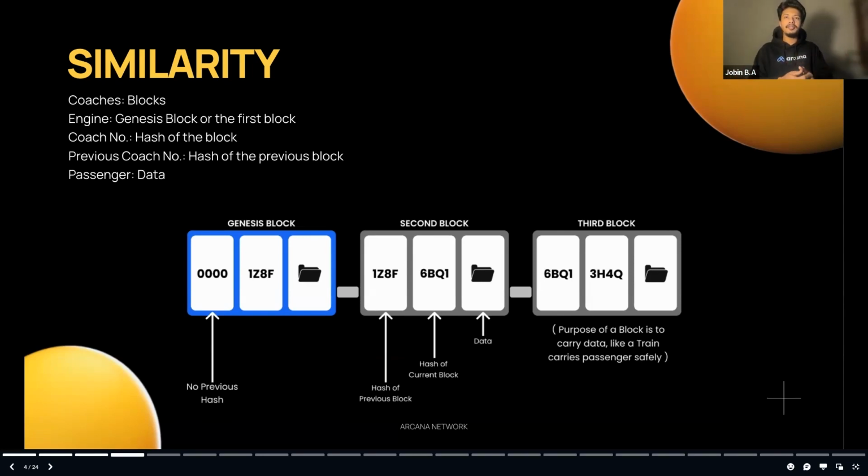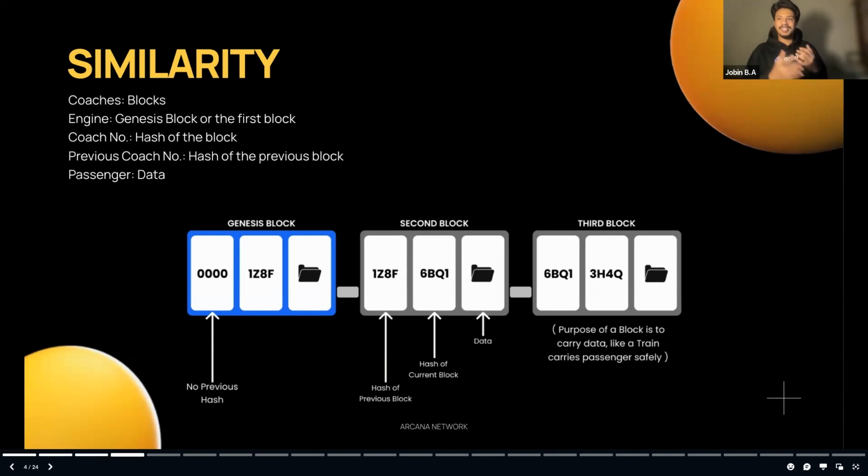It looks very similar to a train, multiple coaches, and every coach has some goods in it, but the purpose is different. The functionality might be to store something, but its aim is very different. Containers are just meant to store things and it stays there, but a train stores things and also takes these goods from one place to another. Similarly, that is the difference between a linked list and a blockchain. It will make more sense when I explain the functionality.